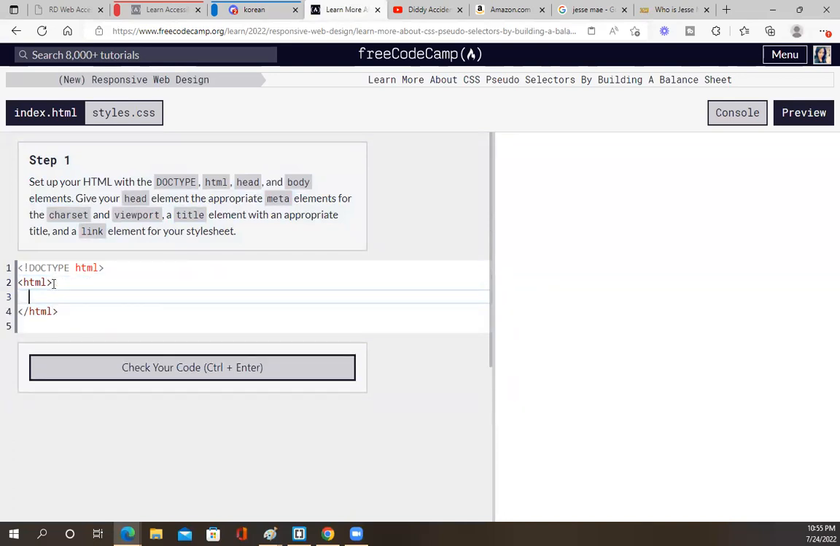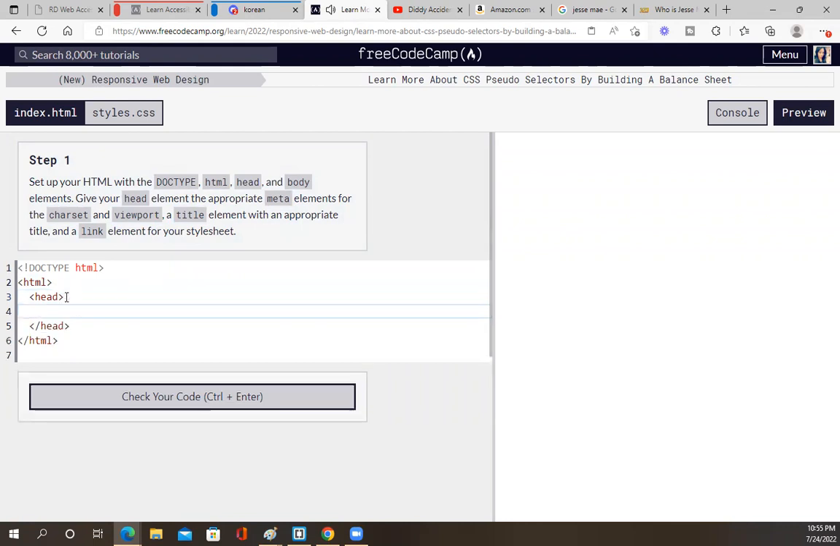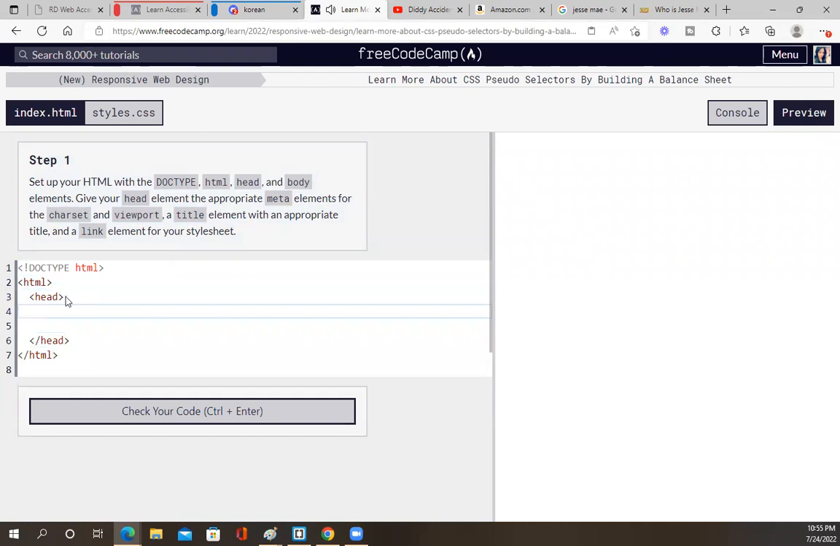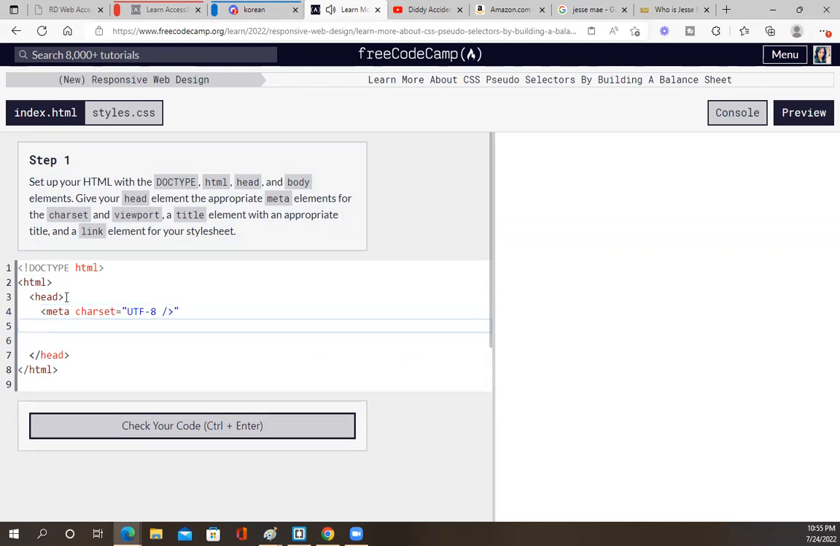Okay, HTML. And then we have the head. Okay, guys, then we have meta charset equals UTF-8. And then